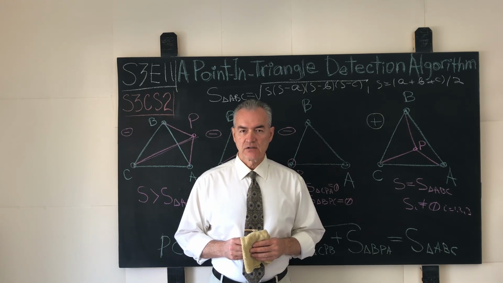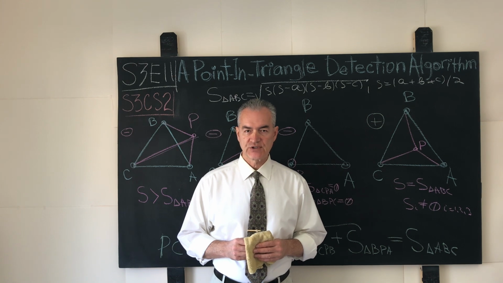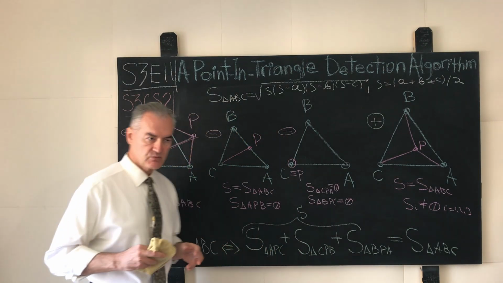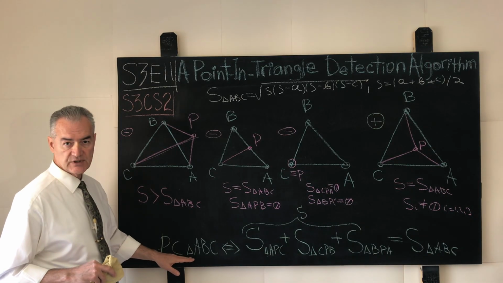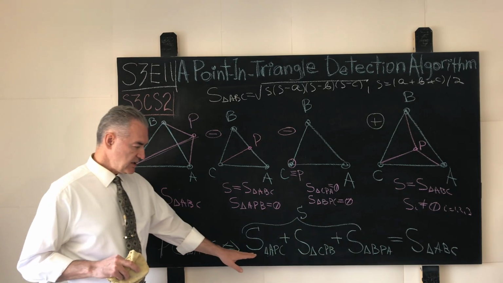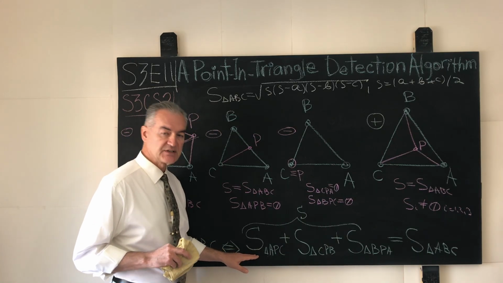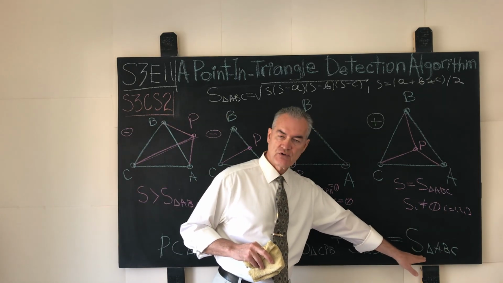The third and final honorable mention algorithm that can be used to detect if a given point P is located inside or outside of a given non-degenerate Euclidean triangle ABC is based on the following straightforward theorem, which states that a given point P is located strictly inside of a given triangle ABC if and only if the sum of the areas of the three interesting sub-triangles, if you will, amounts to precisely the area of the triangle